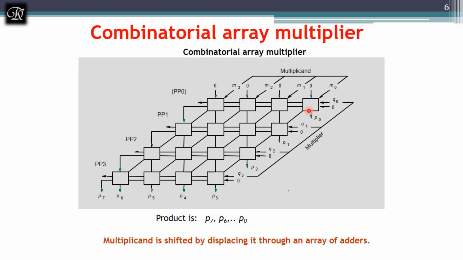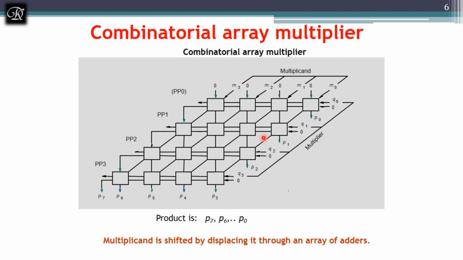So this is the combinational array multiplier. You can notice here each cell, which I discussed in the previous slide, is a combination of a full adder and an AND gate, and in each cell we get each stage like M0 and Q0, M1 and Q0, as we have seen in the previous discussion. But here each stage is going to release a partial product, and this circuit is a little complicated.